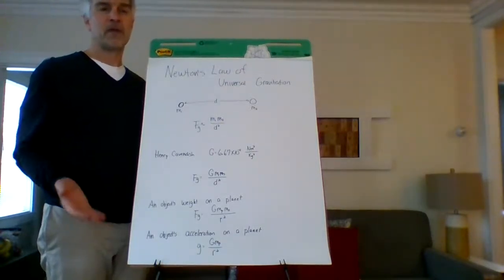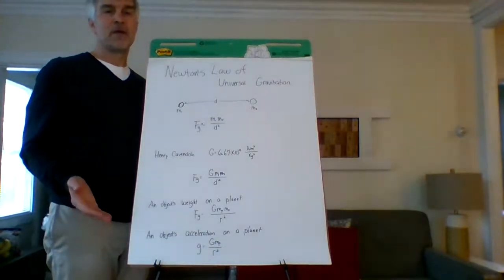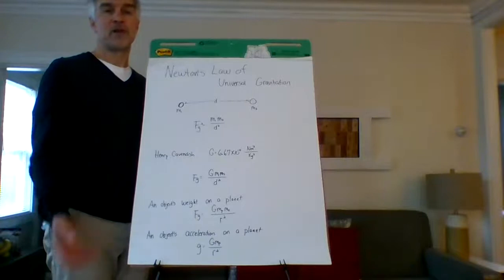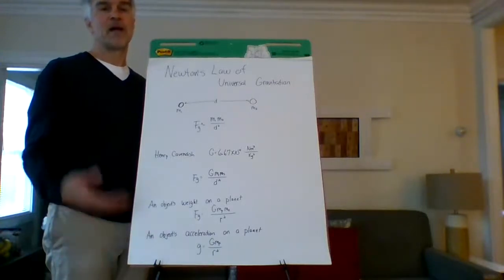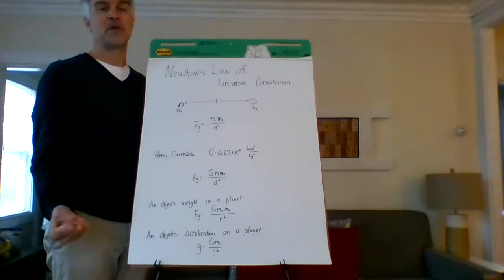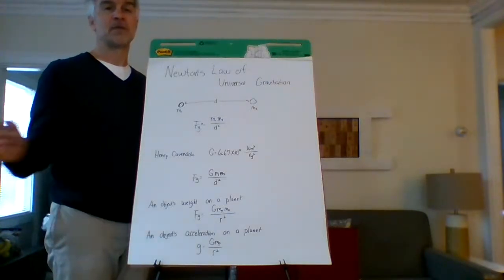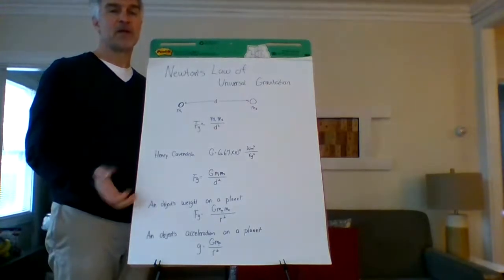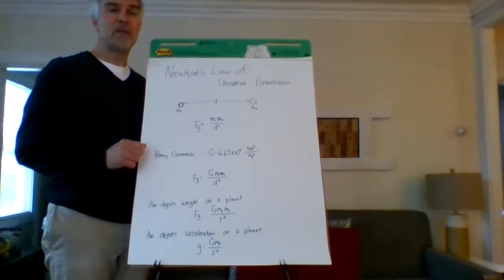And there's an old fable about how one day Isaac Newton was sitting under an apple tree, an apple fell out of the tree and fell to the ground, and he had his eureka moment that the same force that pulls the apple to the ground is what keeps the moon in orbit around the Earth. Whether it actually happened that way or not isn't important, but what he came up with is if you have